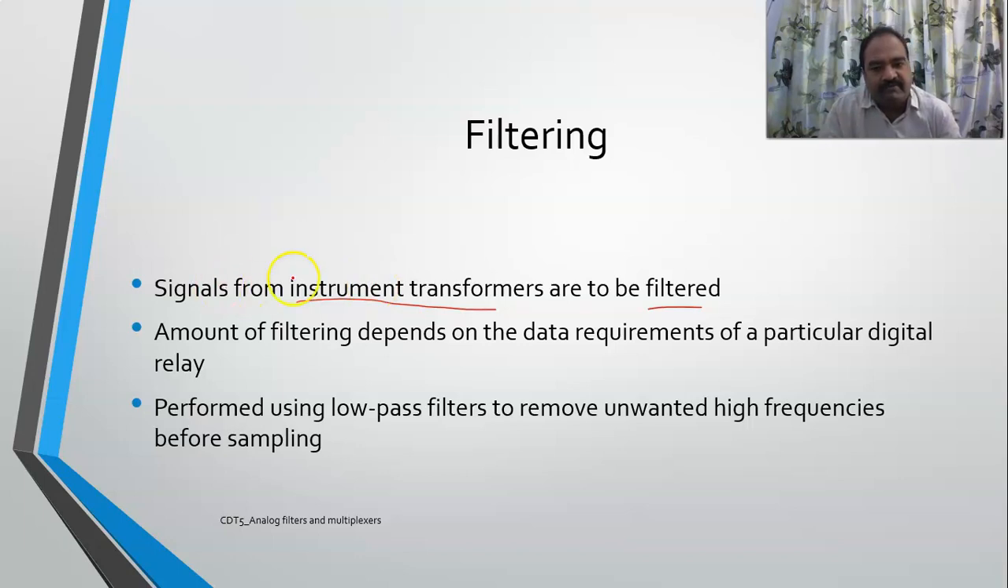Normally the filtering depends upon the data requirements of a particular digital relay, because some relays can operate over a wide range of frequencies, but most relays operate over a limited range of frequency. So whatever signal you are getting from your system is to be processed before it is converted into digital form. The best example is, let us suppose, this is your current signal,